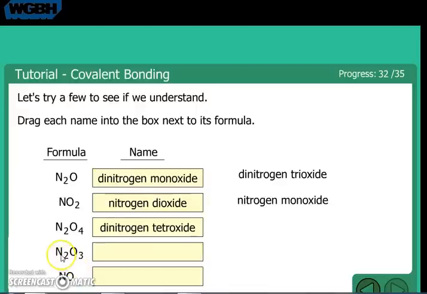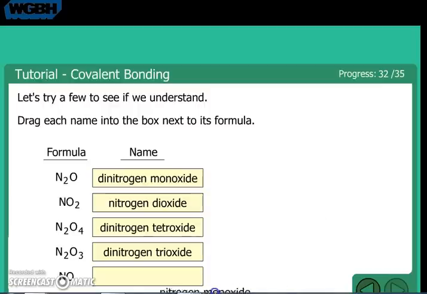Alright, so here we have N2O3. Once again, dinitrogen, and then the 3 oxygens would be a trioxide. Remember, prefix means it's going to come on the beginning of the name. Alright, then NO. Well, if you don't see subscripts, what do you assume? That they're 1s, okay? So we know mono means 1, but I will not see a mono with the first element. I will see mono with the second element if it needs it. And sure enough,